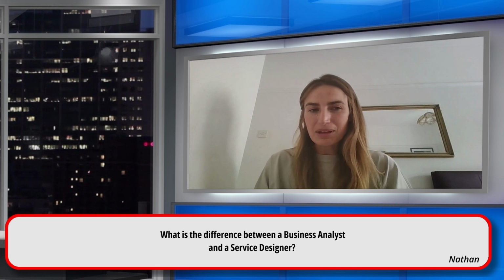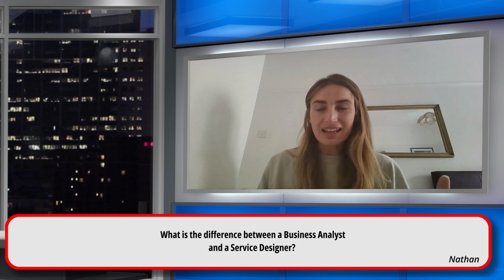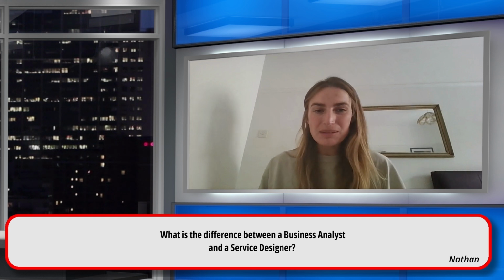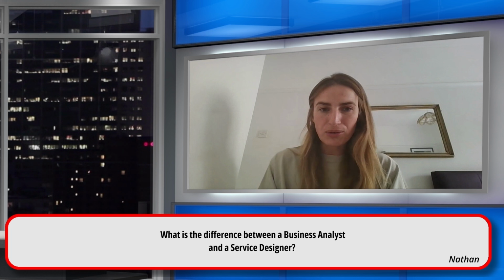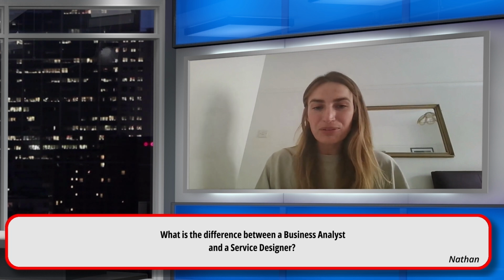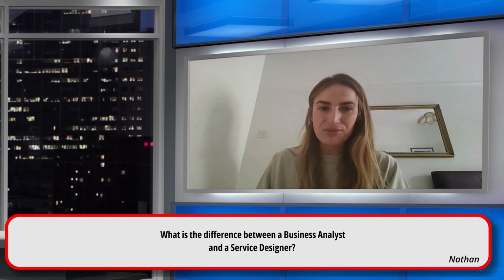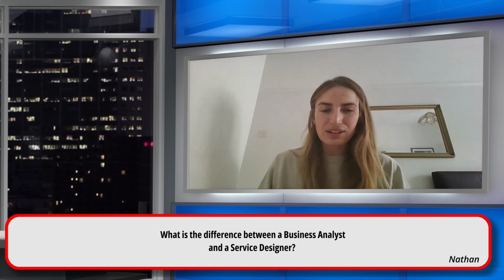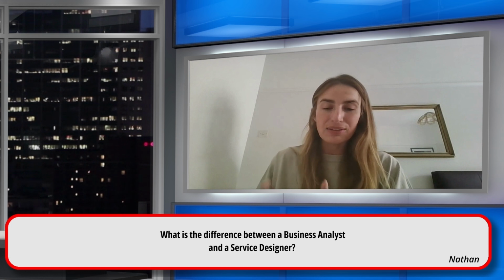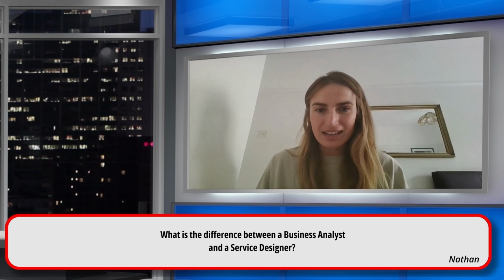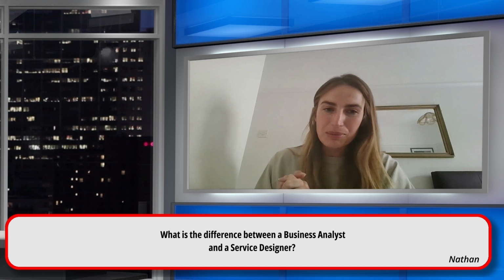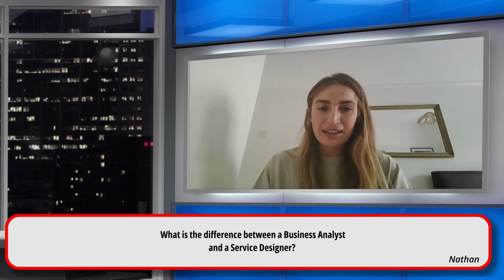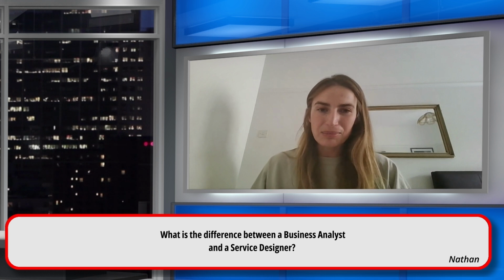Another big thing to mention is that BA, business analysis, is a much older profession. It's been around for 30 plus years, whereas service design is a much newer role. So there's a lot of information coming out about it. There's been a lot of winging it as a profession and people finding their own routes to deliver as a service designer. So there's definitely a lot of structure coming in now to give it more of that maturity that business analysis has. So those are the big differences. There are some frameworks that have been published as well, which we can share, but all of it is in development at the moment.